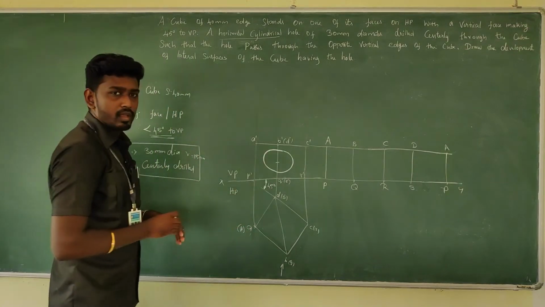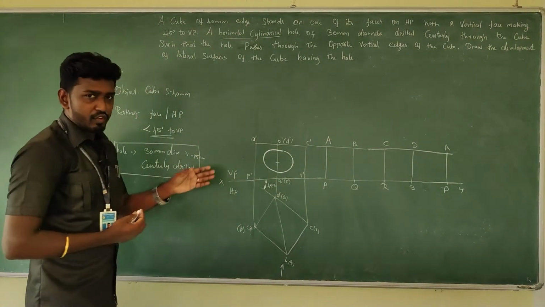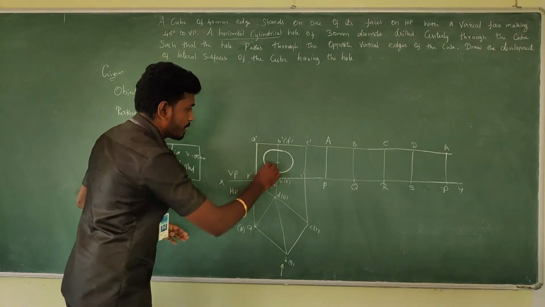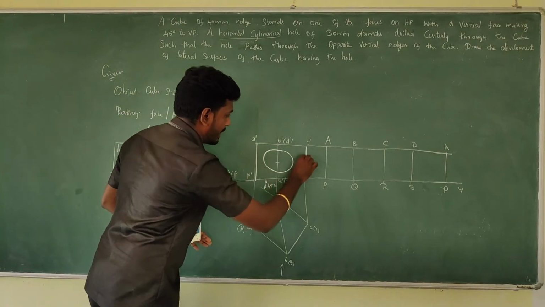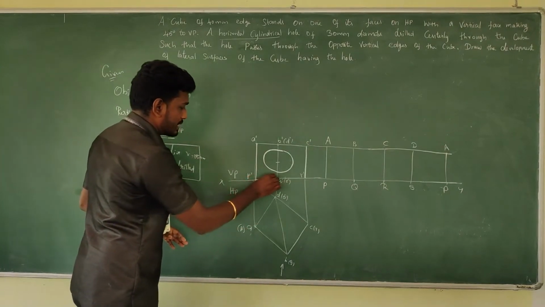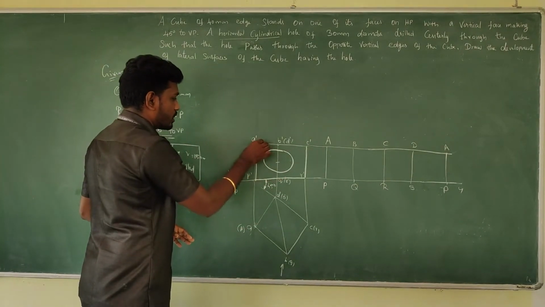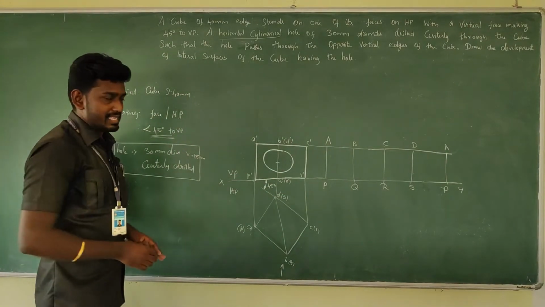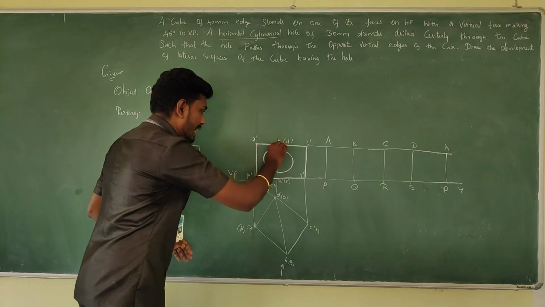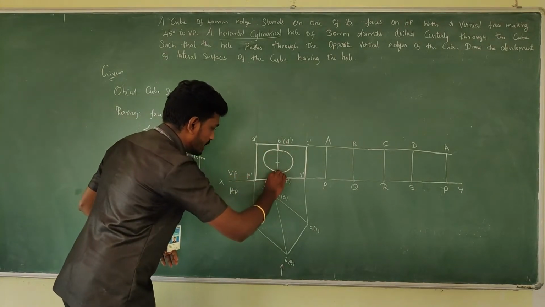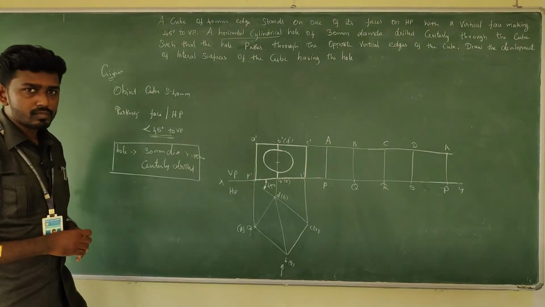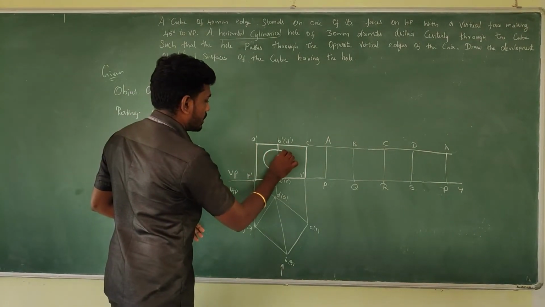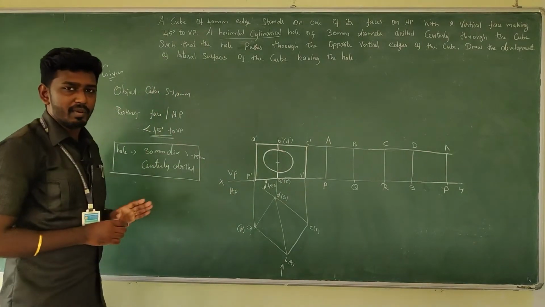The circle doesn't interfere with any of the edges like A to P and C to R, so you can make this a dark one. The base is a dark one, and also the top is a dark one, and here in between B to Q there is a cut. So up to this we can make it dark, and up to this we can make it dark.